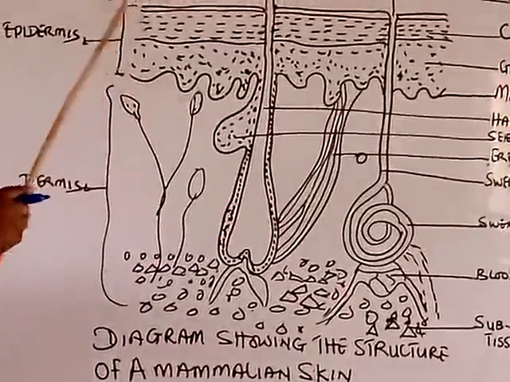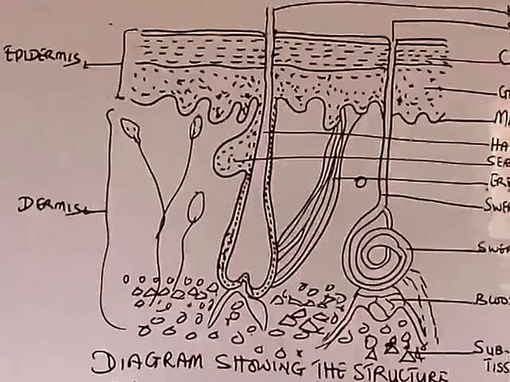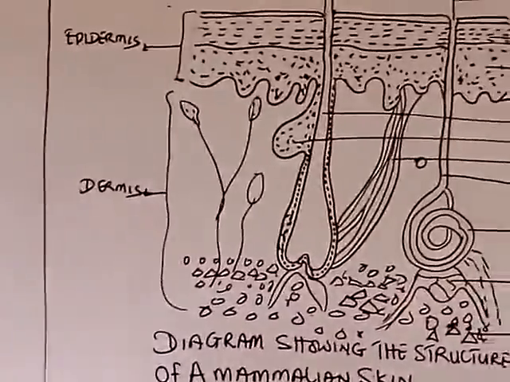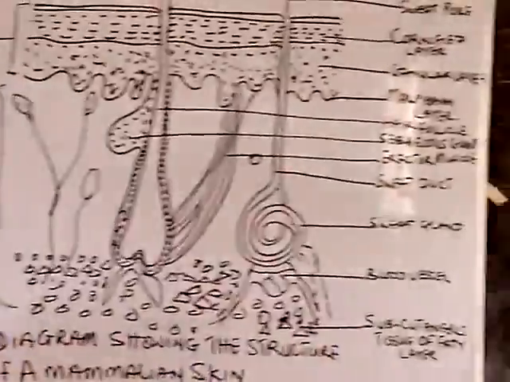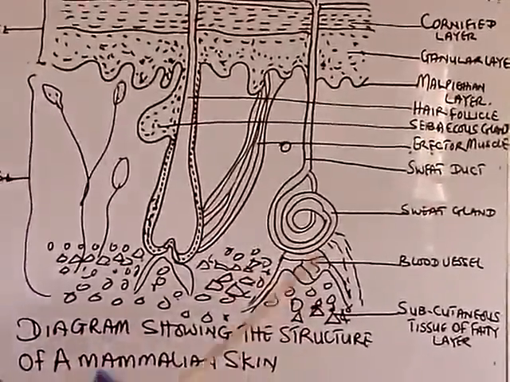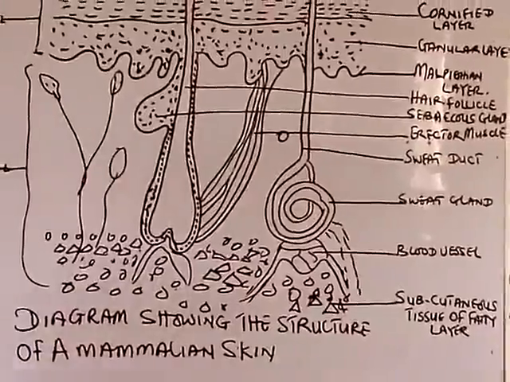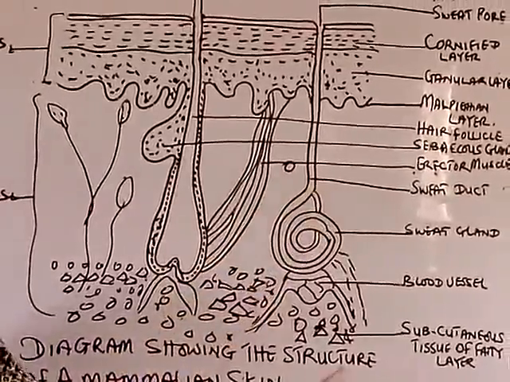From here to here makes up the epidermis. So the connective tissues that are involved will have the blood vessels, or what we call the blood capillaries. We'll have the hair follicle. We'll have the sebaceous gland. We'll have